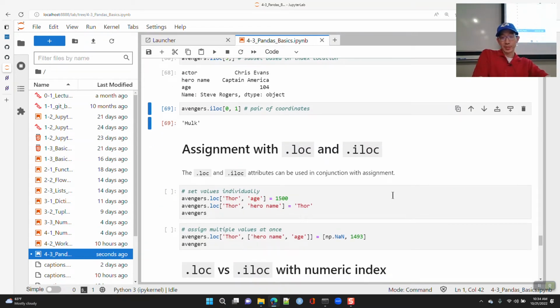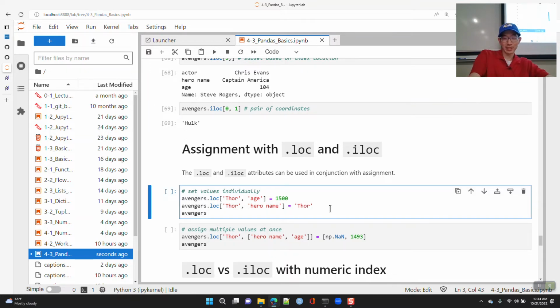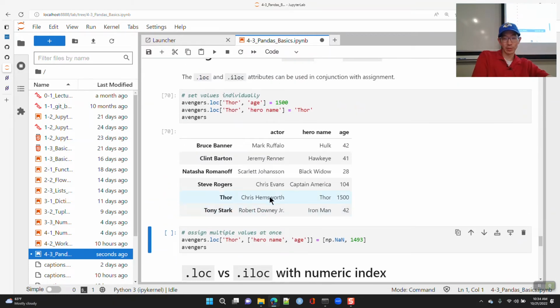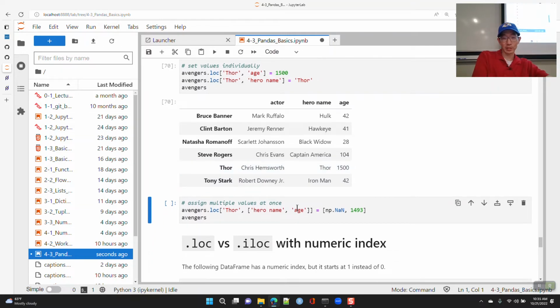You can use assignment with iloc or loc. So here I can do Thor's age, we're going to reassign to 1500, and then we'll say Thor's hero name will be Thor, not missing. And so we have this now: Thor is Thor, age 1500 or something. You can also assign multiple values at once by using .loc and subsetting.